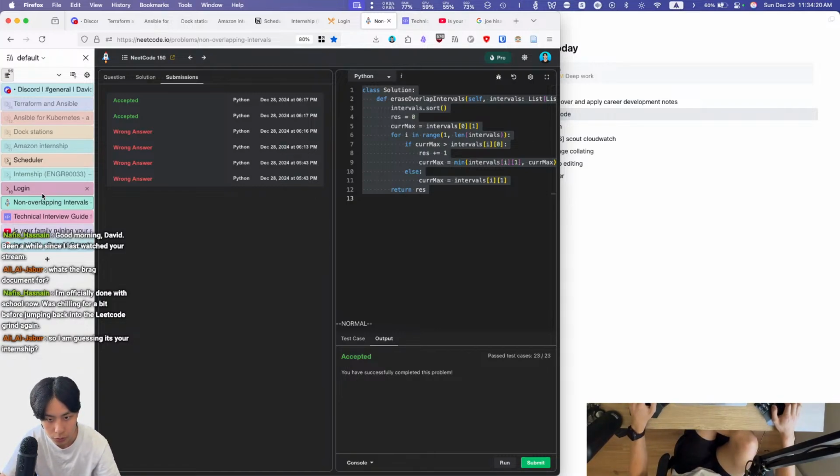So intervals dot sort. Now we can sort by key lambda interval, taking the start time only, and for i in range of len of intervals,